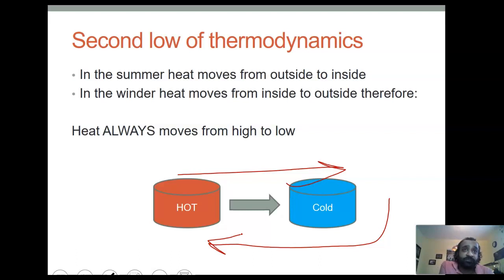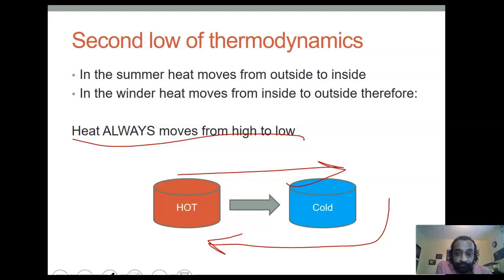So you have to put in energy. What that energy is going to be in BTU, so you need some BTUs into that AC, and those BTUs are going to be supplied using kilowatts with electricity. So I hope this makes sense. So this is half the law, that heat moves from high to low, and if you want it to move from cold to hot, you have to put in an equal amount of energy, or sometimes more, depending on the efficiency